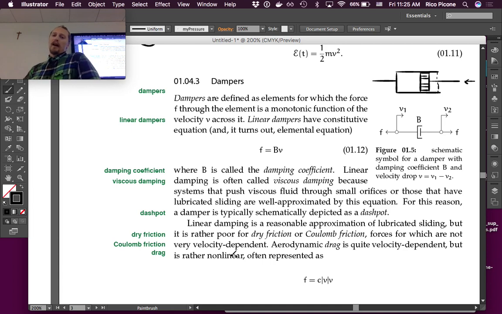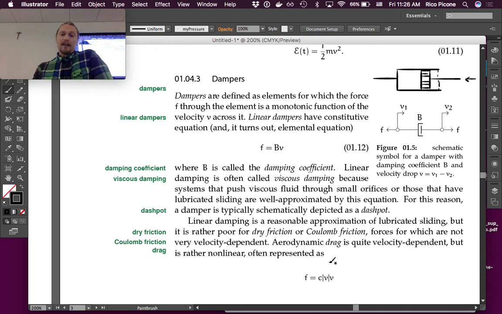But dry sliding is pretty complex. I mean, if you think about it, it's a really complex thing. It's a bunch of rough surfaces that are mating and unmating and tearing and sliding across each other at this small level. So the fact that we can even approximate it with these simple models is a little surprising, but it's cool nonetheless.